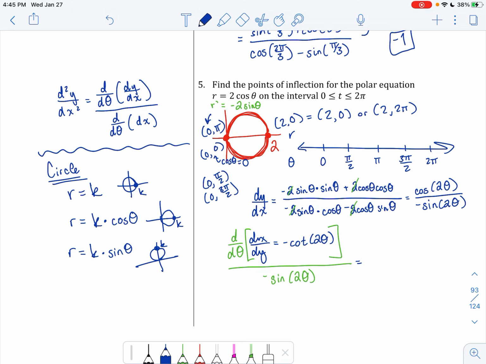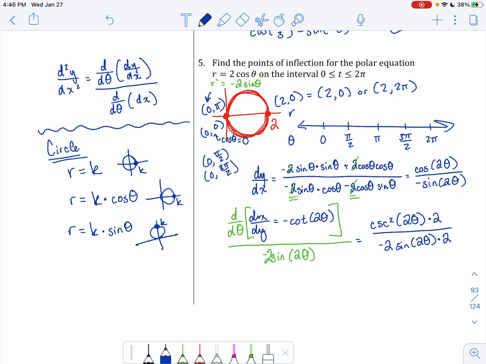So the derivative of negative cotangent of 2 theta is positive cosecant squared of 2 theta times 2, over, bring that 2 back in here that we canceled out, I forgot about that, -2 sine of 2 theta times 2. Cancel out the 2's, and I'm left with